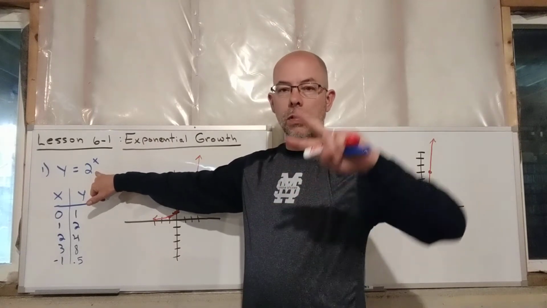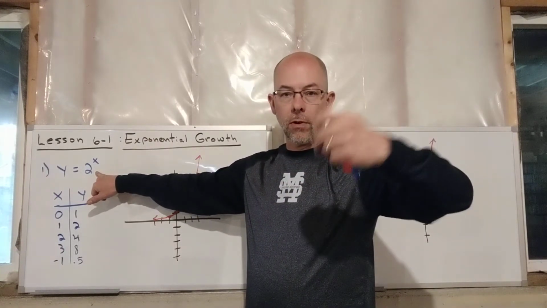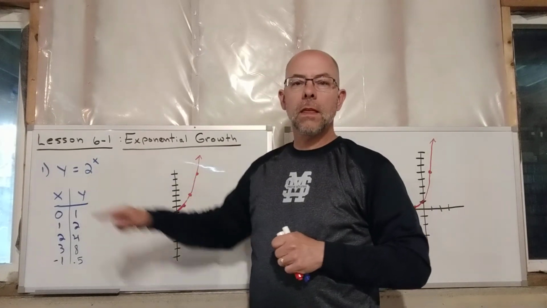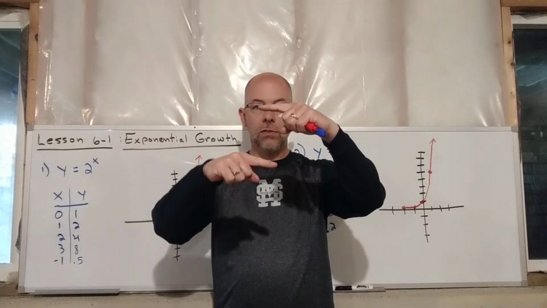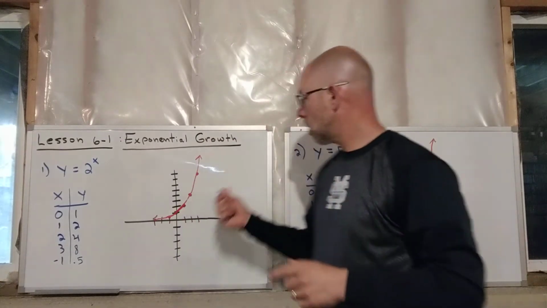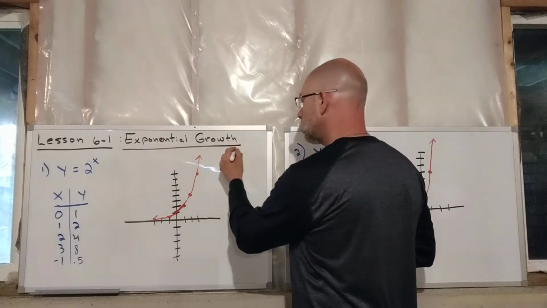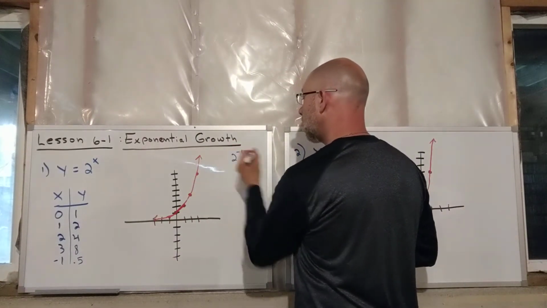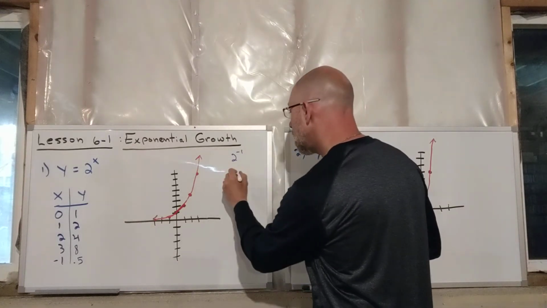Now, that's a fancy word. Reciprocal means take a fraction and flip it over. So remember the number 2. Think of it as 2 over 1. So if you flip it over, it's 1/2. So I'll just write that right here. Try to understand that 2 to the negative 1 power means 1/2